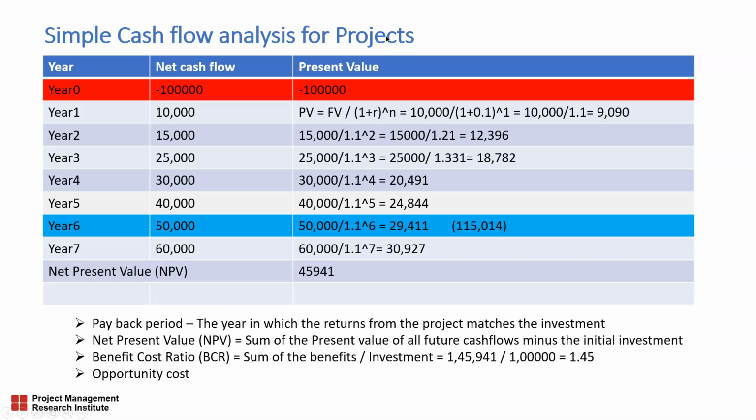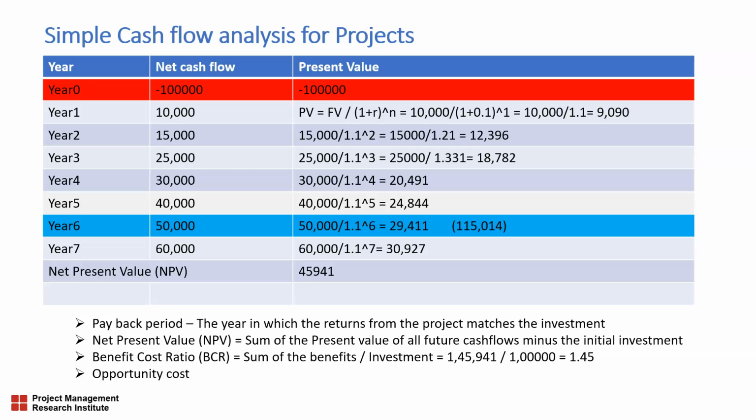Now, let us take one project where in year zero, that means we are starting the project, we are investing 100,000 in the project. That is why I am showing it as a negative cash flow, because the cash is going out. So the timeline now, I'm investing right now, so the present value of that amount is 100,000 because this transaction is happening at this particular instance.